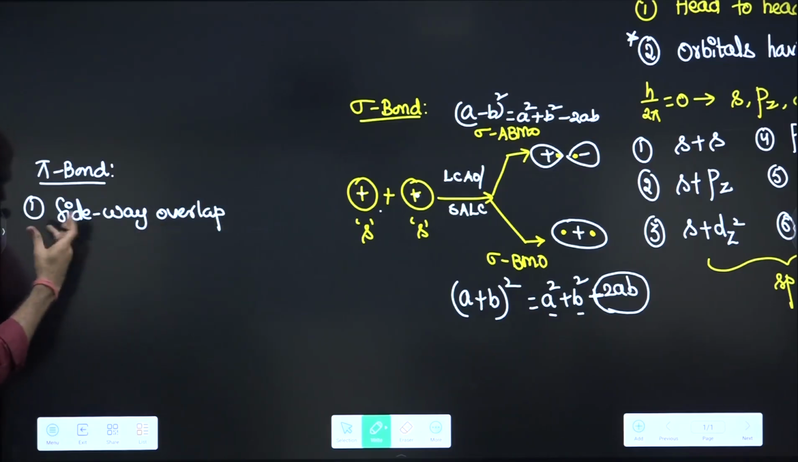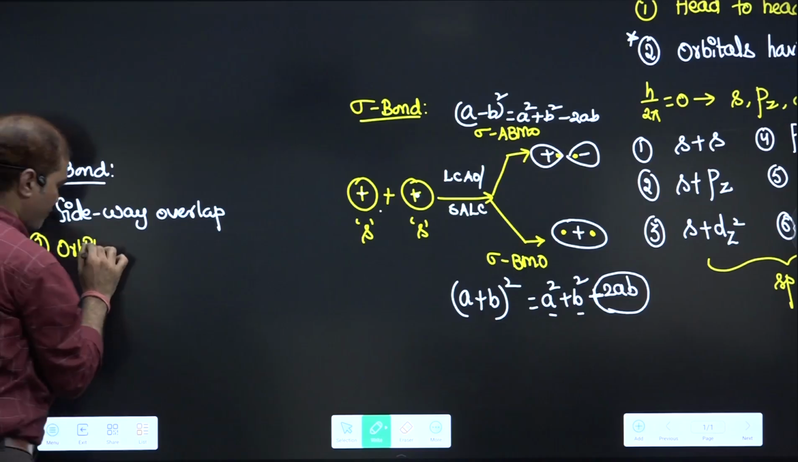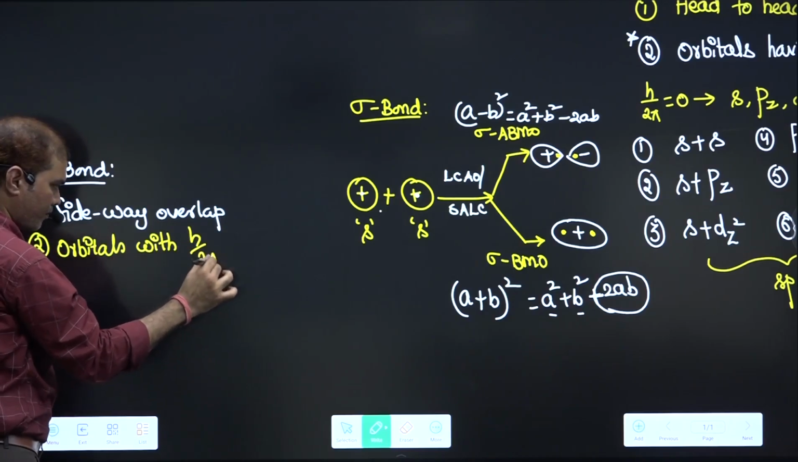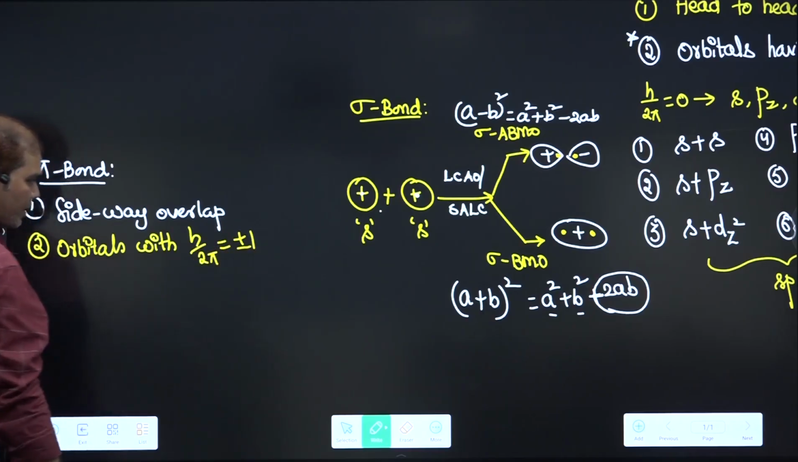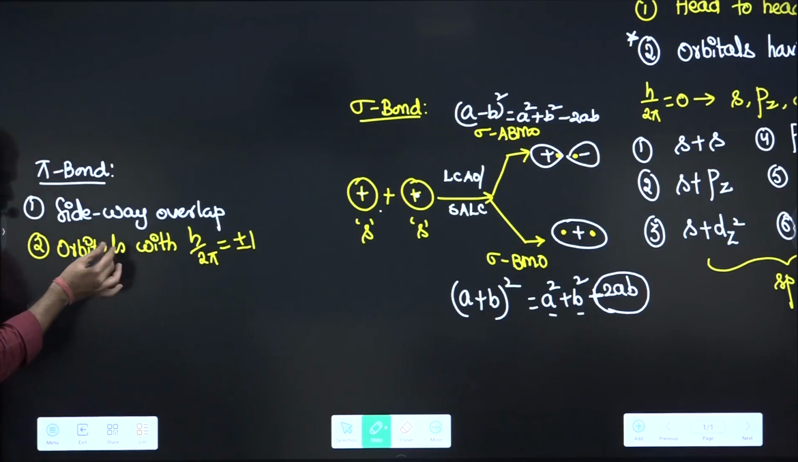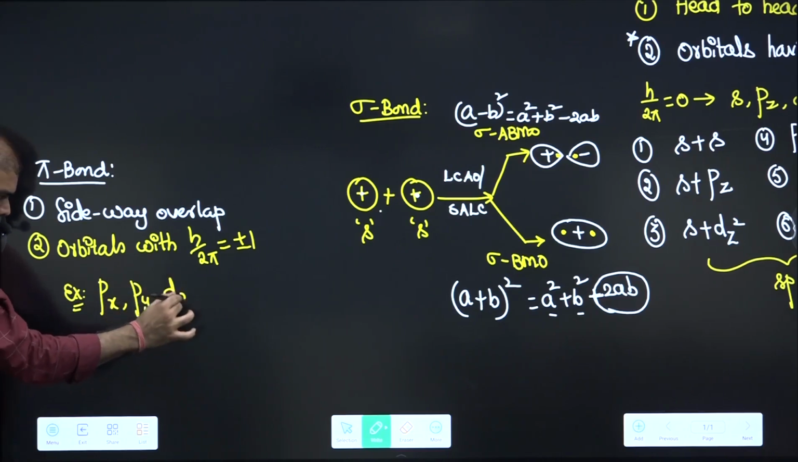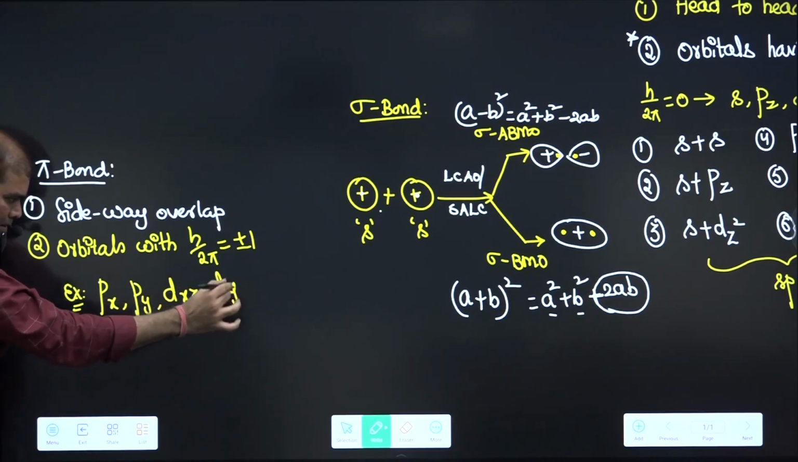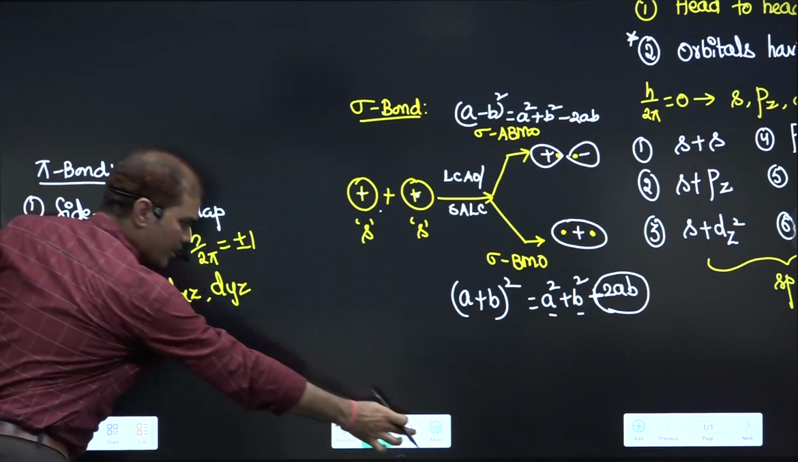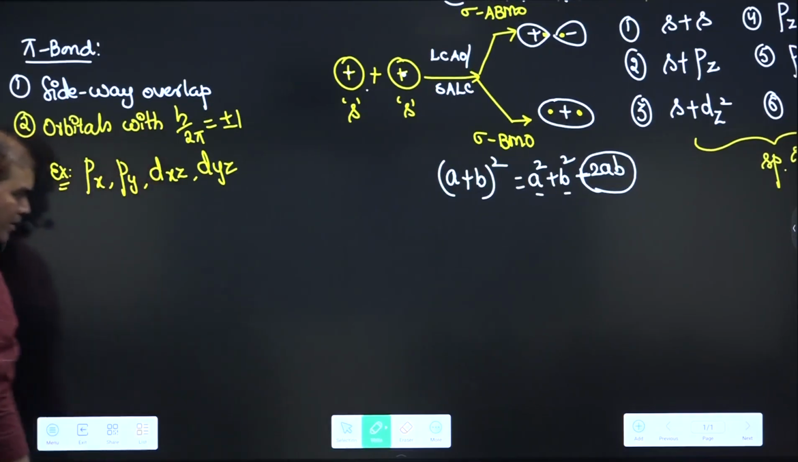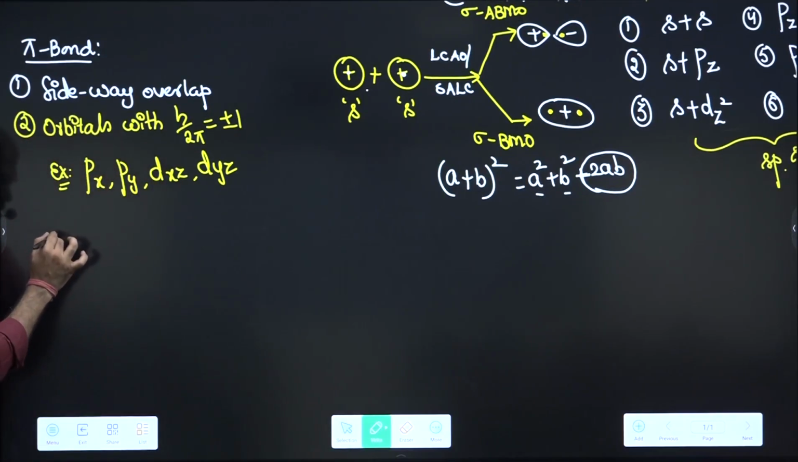Sideway overlap. Orbitals with h by 2 pi orbital angular momentum of plus or minus 1. So what are those orbitals? We have px, we have py, dxz, dyz. Any combination of these. And when I say any combination of these, it is symmetry allowed combination. Remember, symmetry allowed combination means,